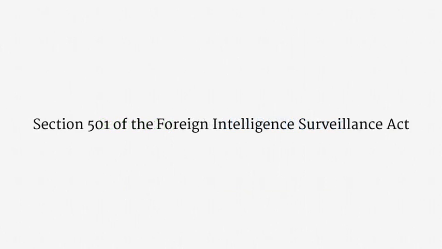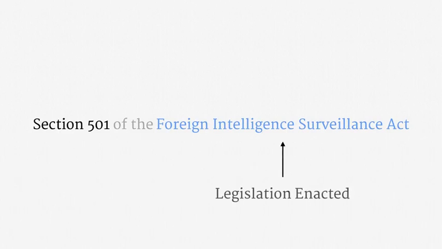Let's look at another statutory citation, Section 501 of the Foreign Intelligence Surveillance Act. You might be inclined to read it just like the previous citation. You might think this is a reference to the FISA legislation, which was enacted in 1978. And you might think this is a reference to a specific part of that enactment. Here's the catch. FISA didn't originally have a Section 501. Section 501 of FISA is, in fact, the same as Section 215 of the Patriot Act.